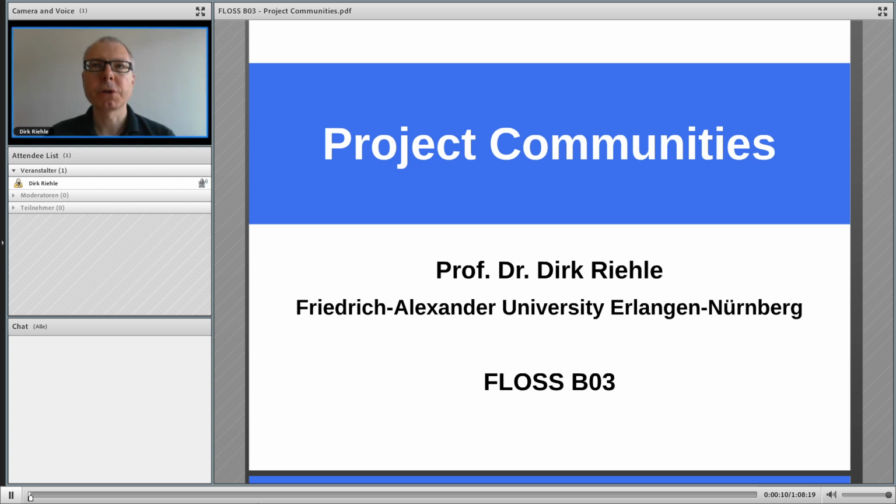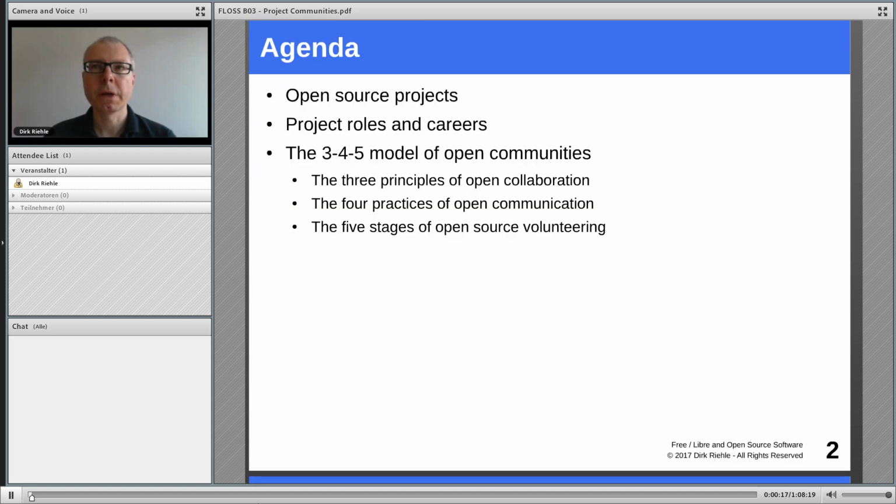In this session we will look at the processes and practices of open source project communities. And for this we will look at the structure of projects, the roles people play and the career path they can have. And then we look at what I call the 3-4-5 model of open project communities, which are the three principles of open collaboration, four practices of open communication, and five stages of open source